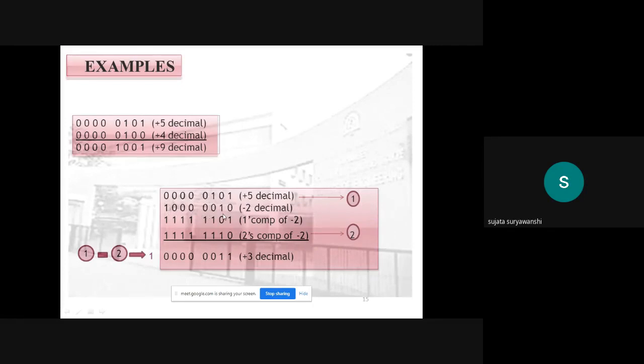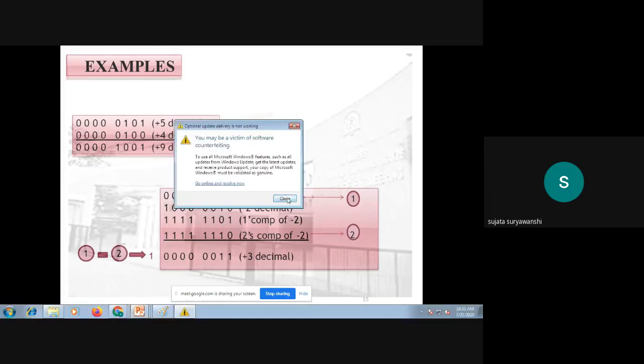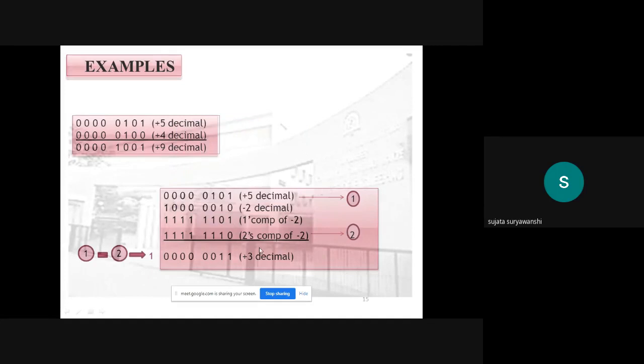But for the addition purpose, you have to find the 2's complement of 2 first and then add the 2's complement of 2 with 5. First I find the 1's complement of 2 and then the 2's complement of 2. I'm not altering the MSB bit, because it stays as it is, for 1's complement and for 2's complement also. Only alter the remaining magnitude bits. For 1's complement, alter all 0s to 1 and 1s to 0. And then for 2's complement, just add 1 to the 1's complement.